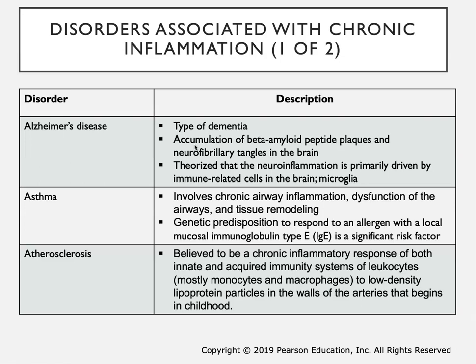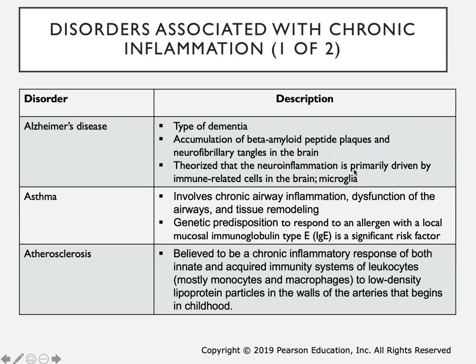Okay, we're just giving some examples. All right, so Alzheimer's, right? We all know it's a type of dementia. You get accumulation of something called beta amyloid. These proteins coagulate together and they form these plaques. That leads to also these tangles. So you have these plaques and these tangles in the brain, which ends up causing neurons to die, interferes with signaling, and